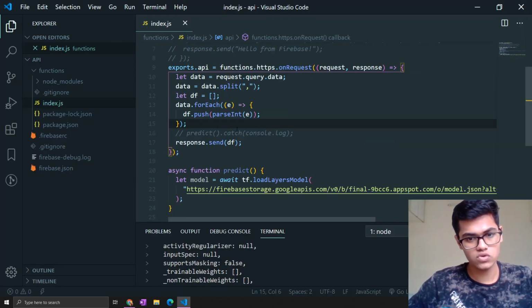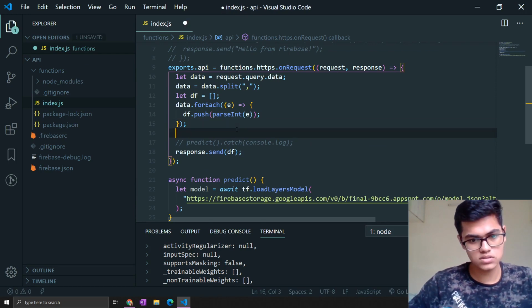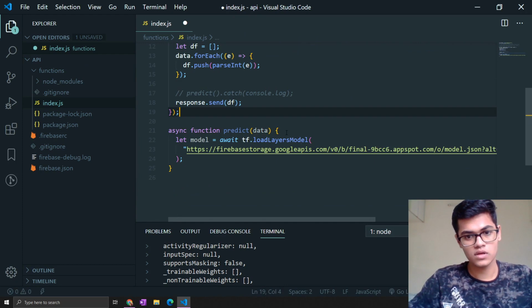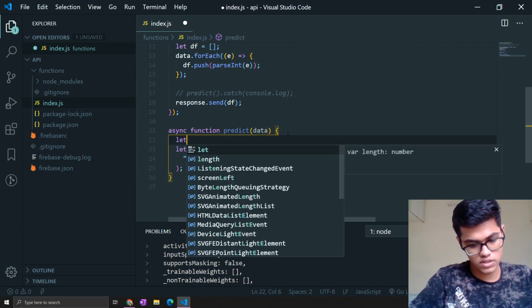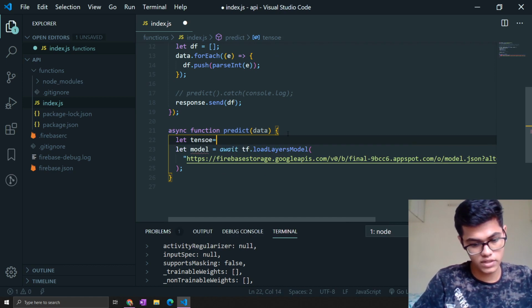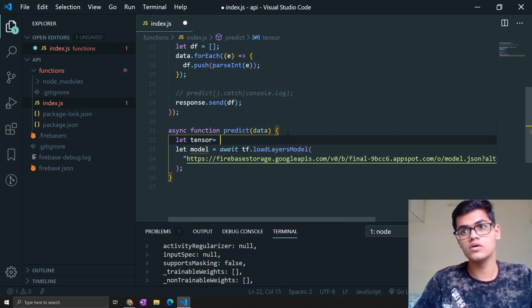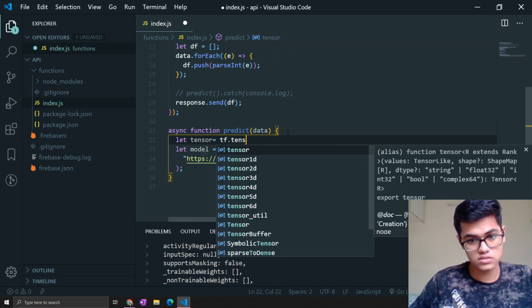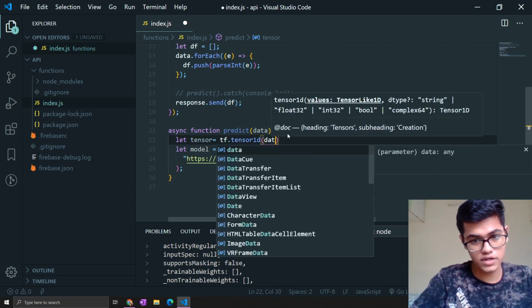So now we will just pass this to the predict function. We will get this data. Now we will convert it into a tensor. Tensor equal to, okay, first we need to convert it into a 1D array: tf.tensor1d of data.